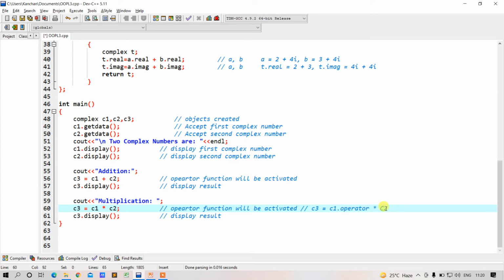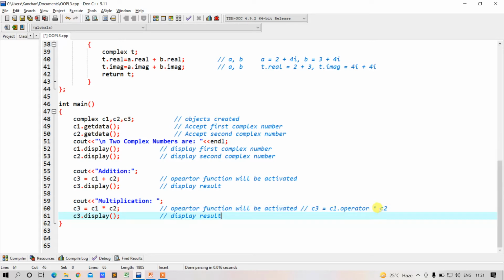That means C1, the first complex number, the first object, will help us to activate this operator function. The moment I write C1 multiplied by C2, which is interpreted the same as C1.operator* (C2), here C1, the left hand side operand, will help me to activate the operator function.